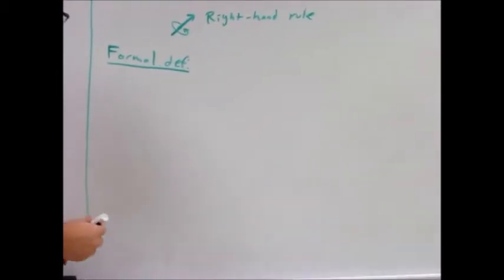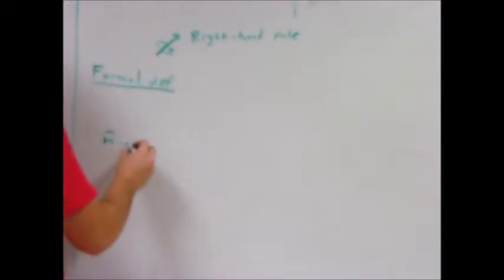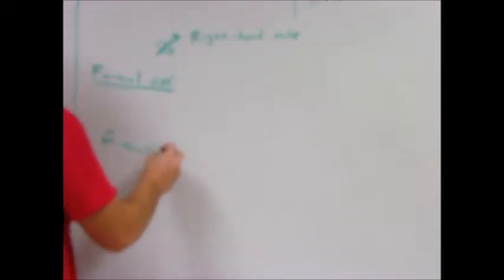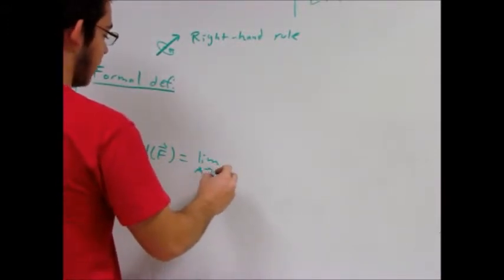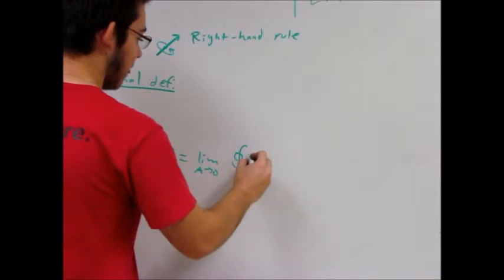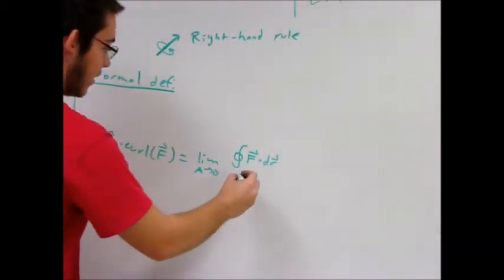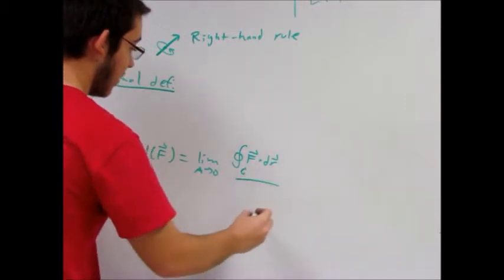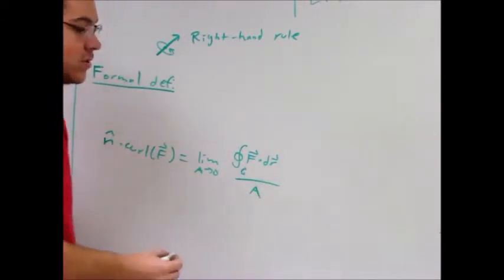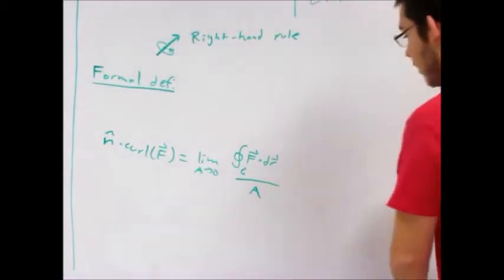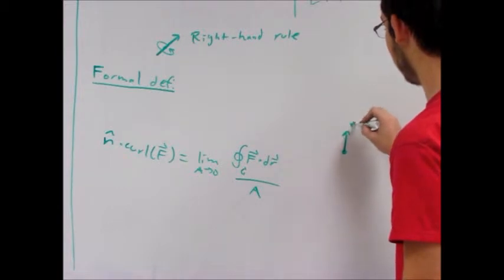It just talks about curl in general, and it says that the normal vector dot product with the curl is the limit as A goes to 0 of this work integral, F dot dr, over A. So similarly, at a point here, and a normal vector n,